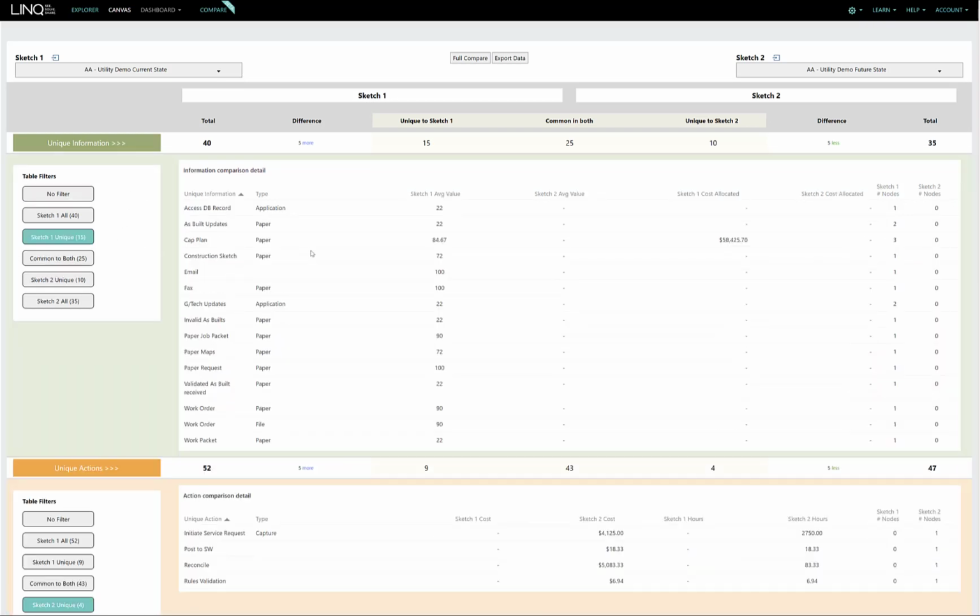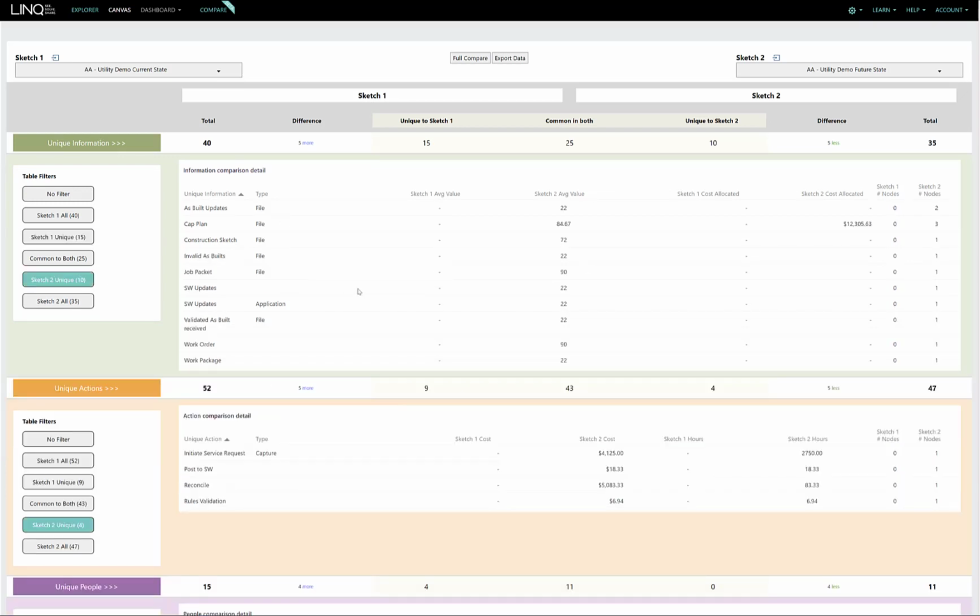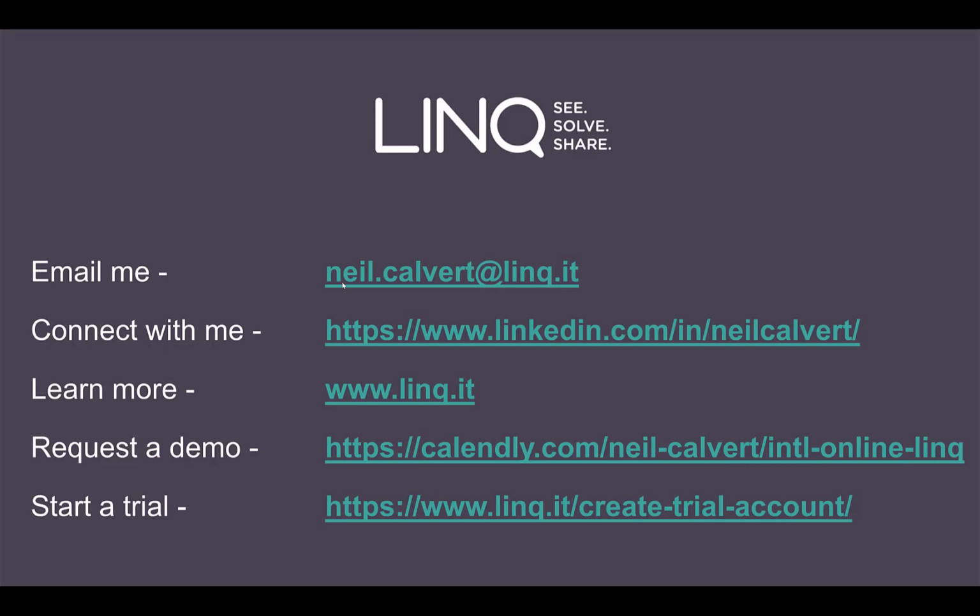Here are the information assets that we're removing from the business. You can see here we're removing a lot of paper, and here are 10 new information assets that we're creating. Now we can understand how we may use these through the rest of the business to increase overall efficiency and effectiveness. So those are the 6 link insights.